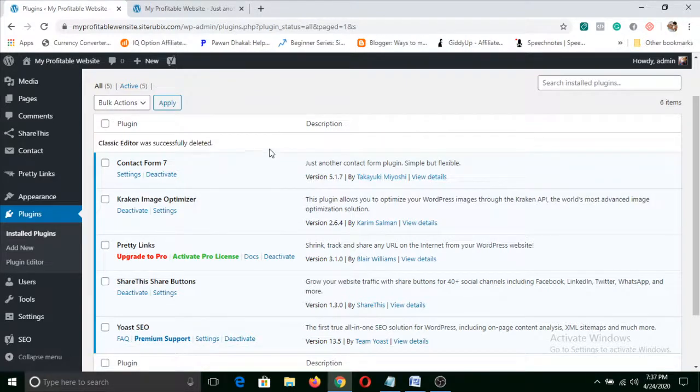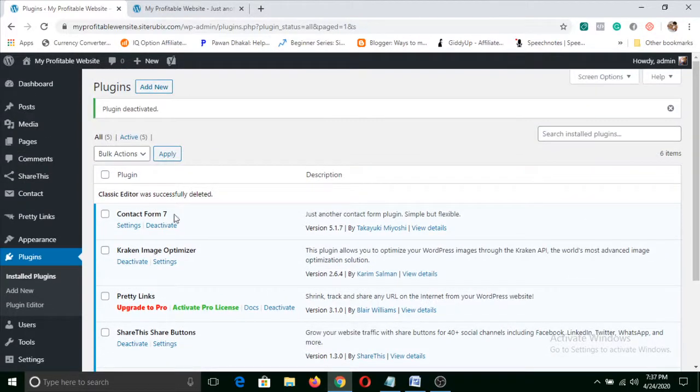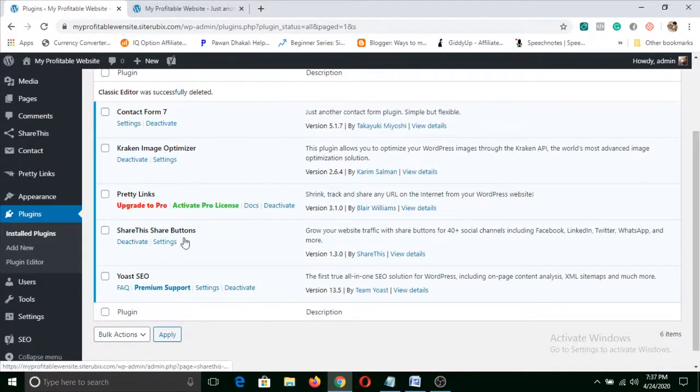So now you need to delete all the plugins that are available in the plugin section, and you need to add these plugins: Contact Form 7, Kraken Image Optimizer, Pretty Links, Share This share buttons, Yoast SEO.